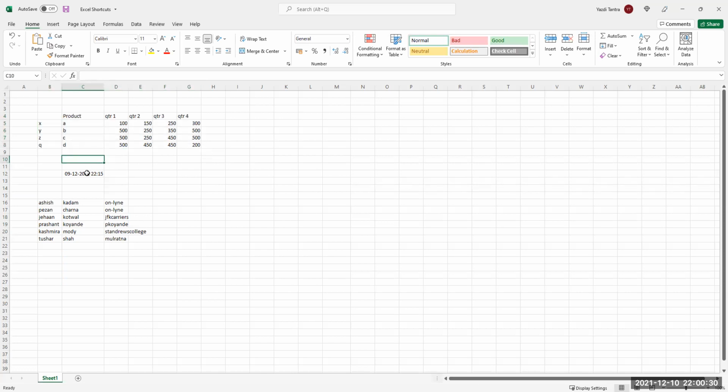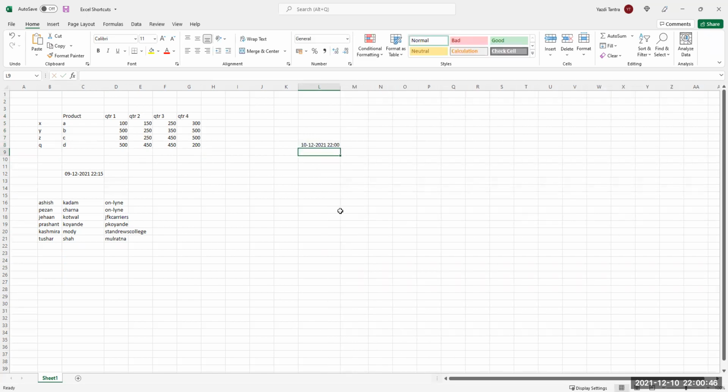Okay, so date was very simple. Control and semicolon. And now after date, I want to put the current time also. So I put Control and colon. Or I want to put just a time, Control and colon. Control semicolon is insert current date.